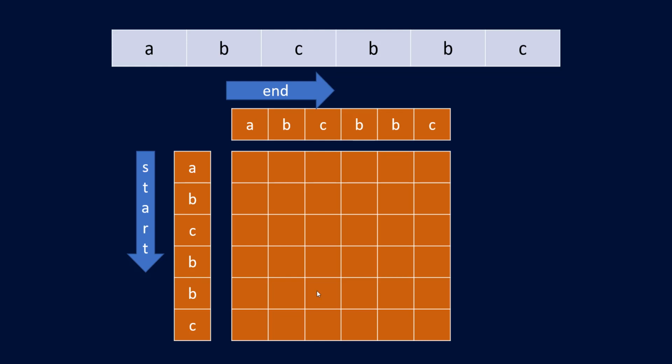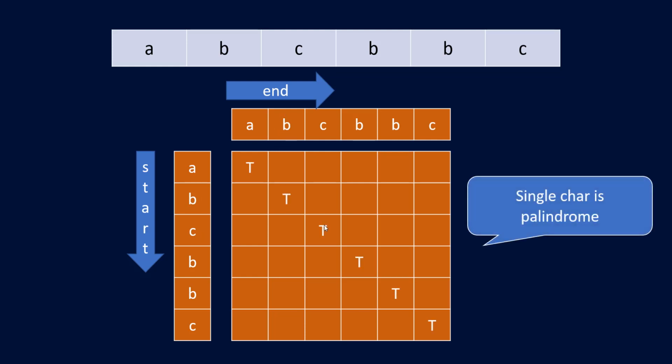So our first case was that if the length is 1, that is if you have only a single character, that would obviously be a palindrome. And your single character in this particular matrix would be where i and j are equal. For example, 0 and 0. So this is considering only this A character. Over here, if you go from B to B, this is considering only B character. So for this diagonal, you will be writing true.